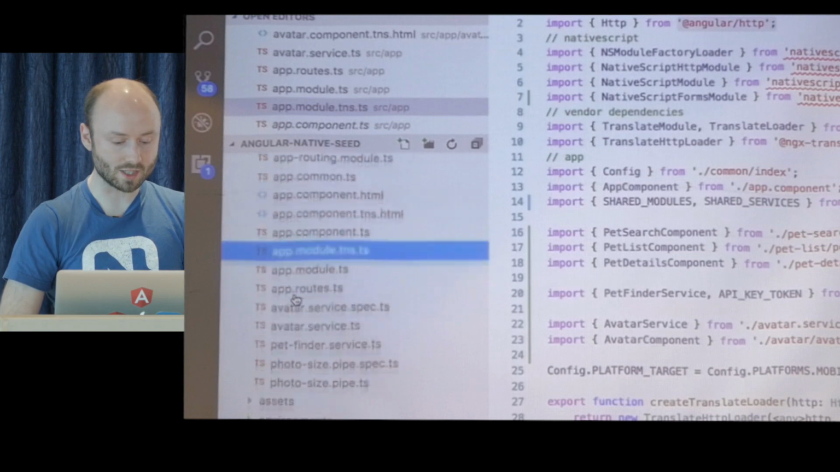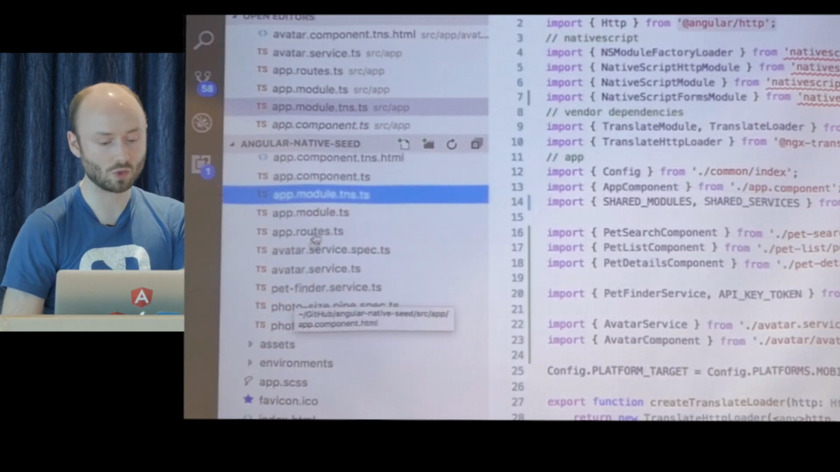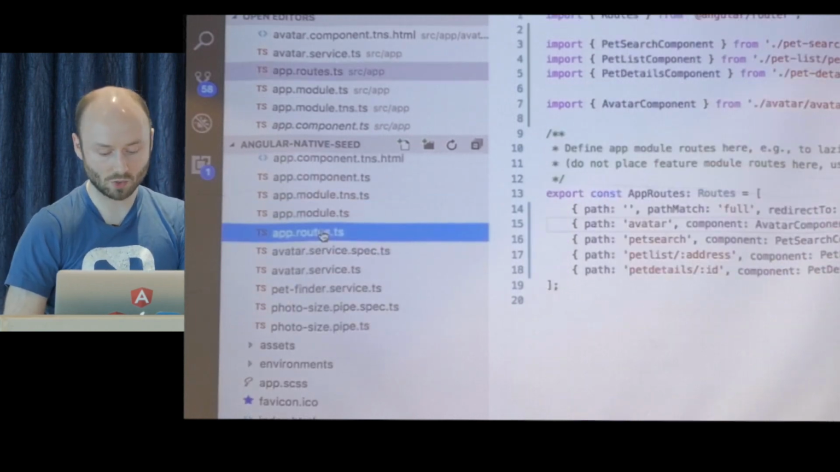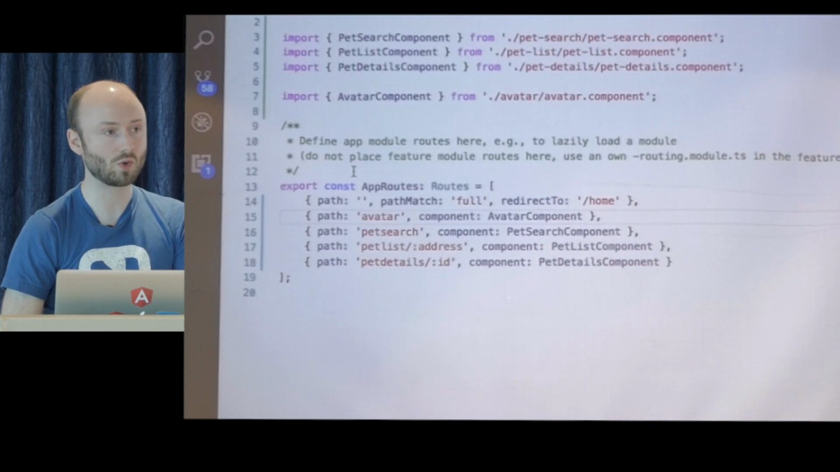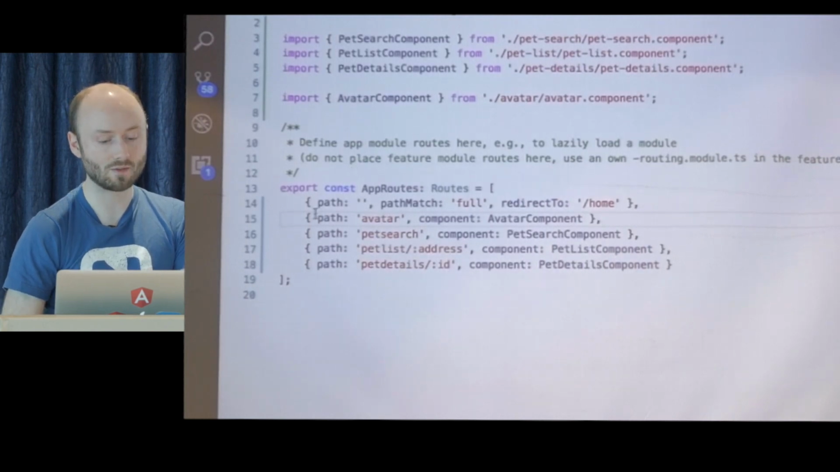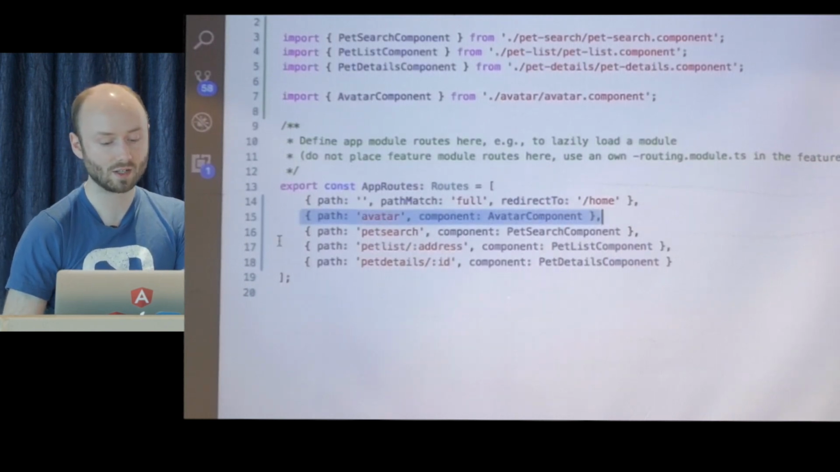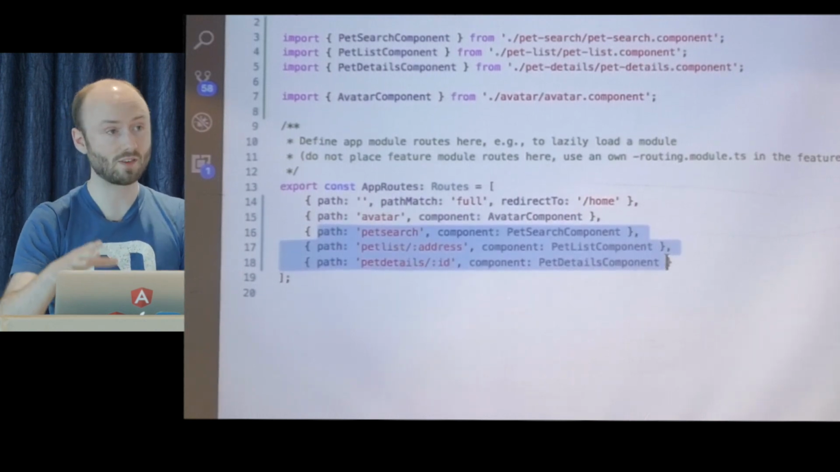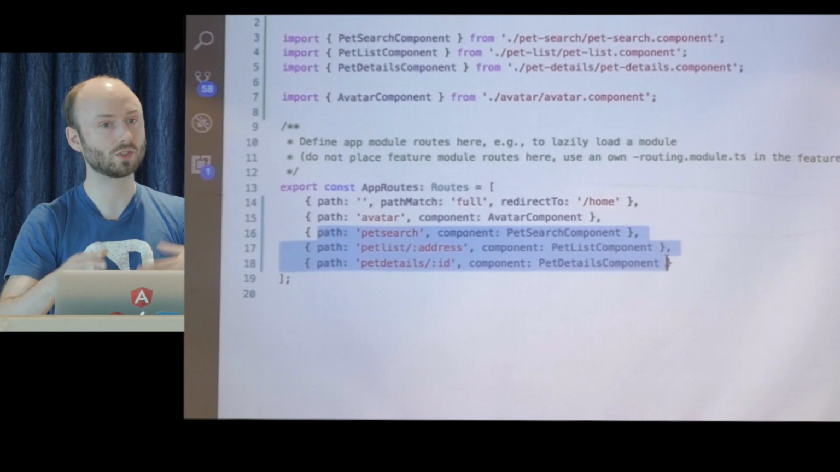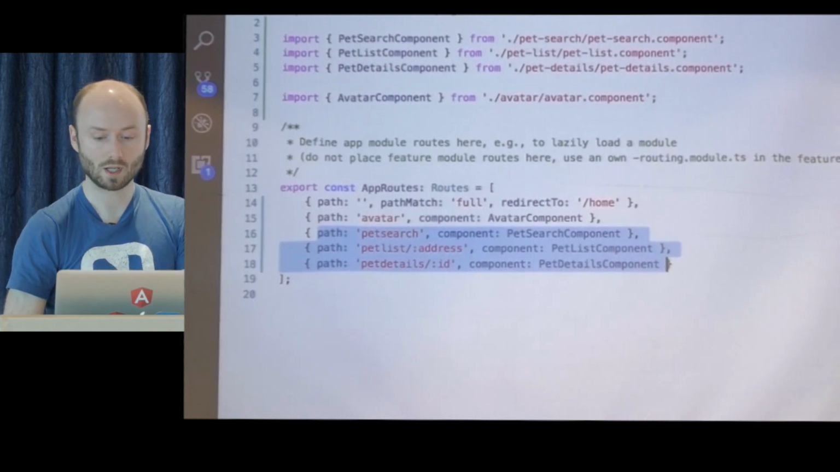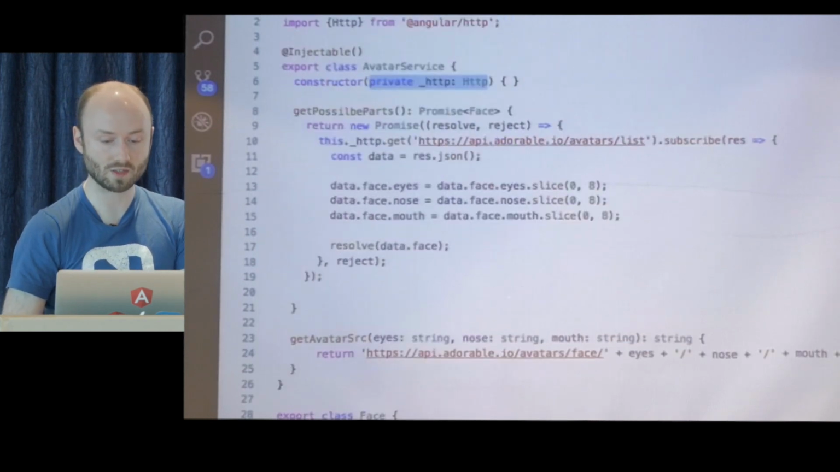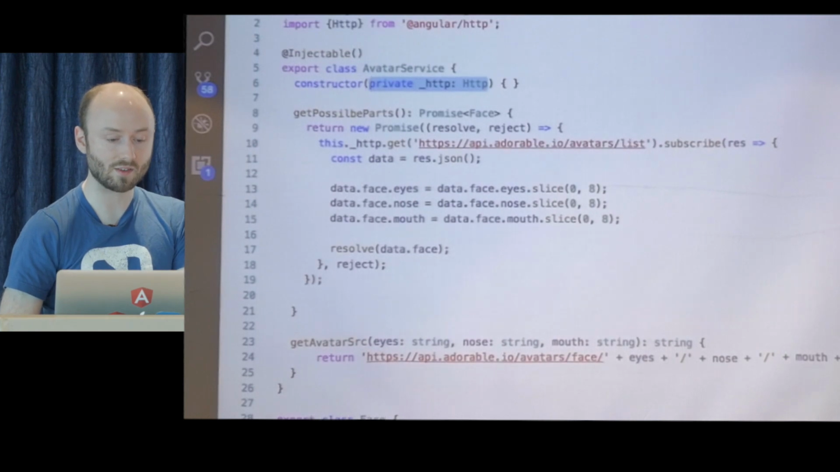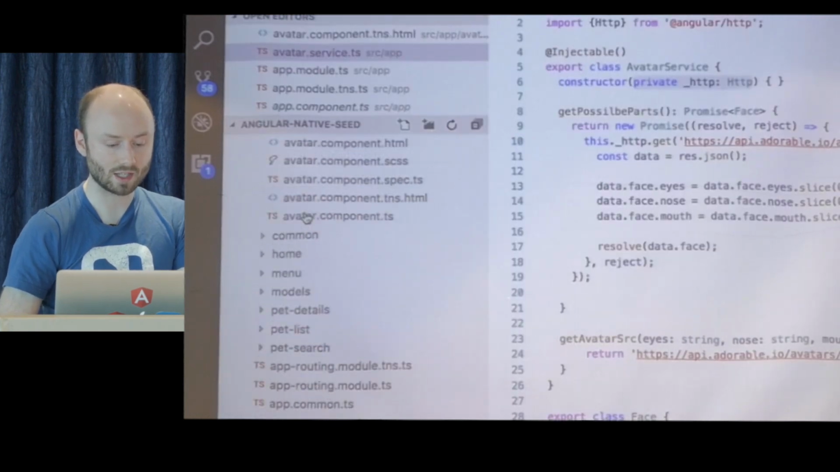So the other thing is that within the application for navigation, you see, I've got only one configuration for my routes. So I have a path to navigate to the avatar. There is a pet search application. So the navigation is shared between web and mobile. So it's all in one place. So coming back to the avatar service, I can take this avatar service and then I can use it within